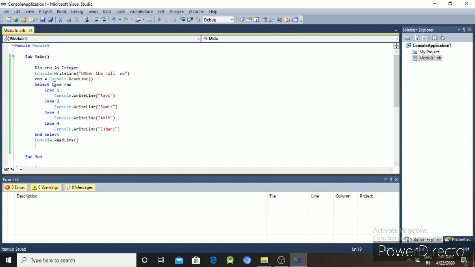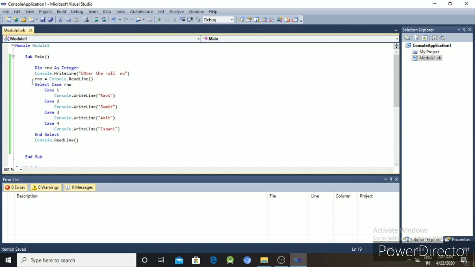So select case expression is like this. We are entering the roll number. Suppose the user enters a roll number 3. The value of this variable matches with a case value. So here the case value is 3.